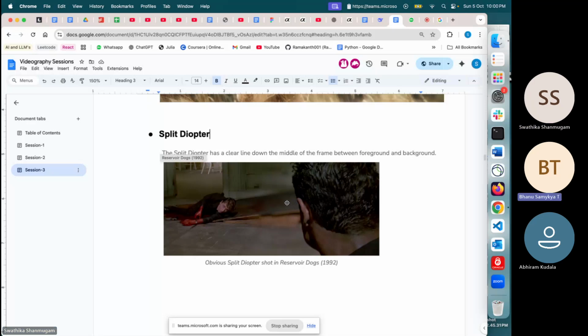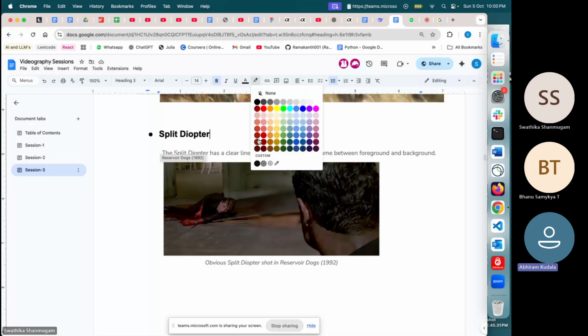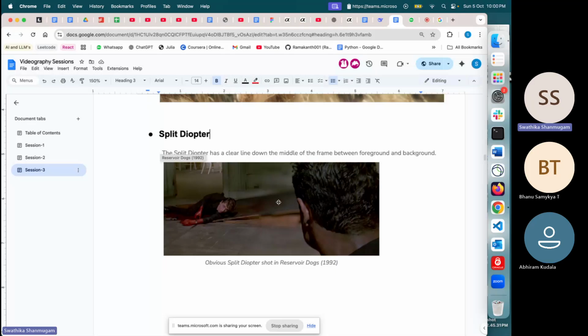Yeah, right. Only two objects, subject one and subject two, are focused, and the rest of it is blurred. Not the rest of it actually, only some part of it, right? Exactly. It's just a part. So from here, look at my cursor. From this point till this fellow's head, and from this point, top to bottom, just from here to here, just this small zone. This zone only is out of focus,